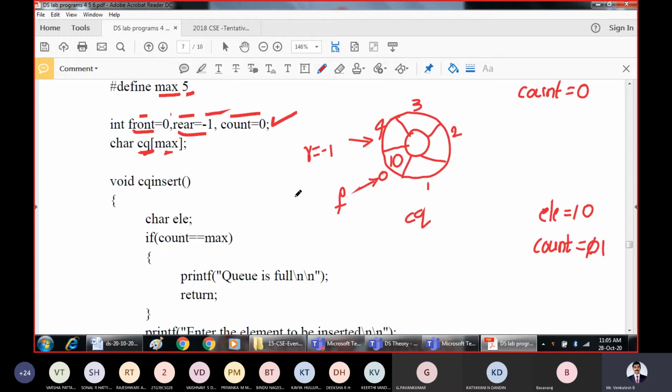Now we have to check for the overflow condition. I will iterate and insert some more elements in the circular queue, so I will erase all these indexes.